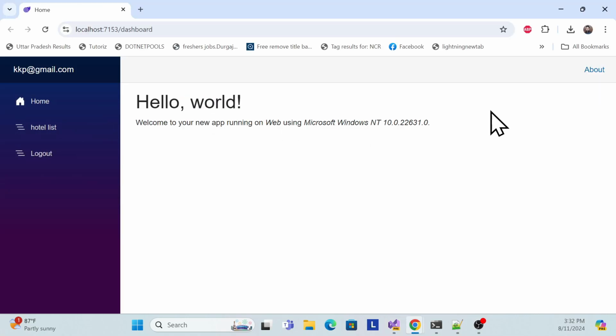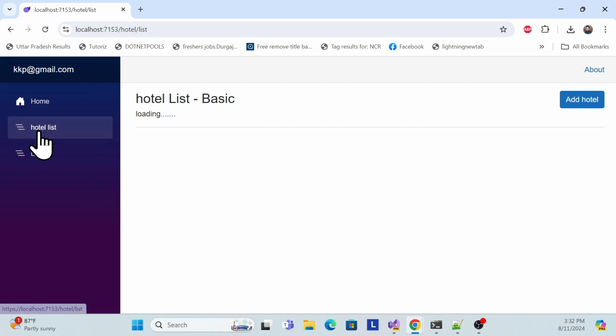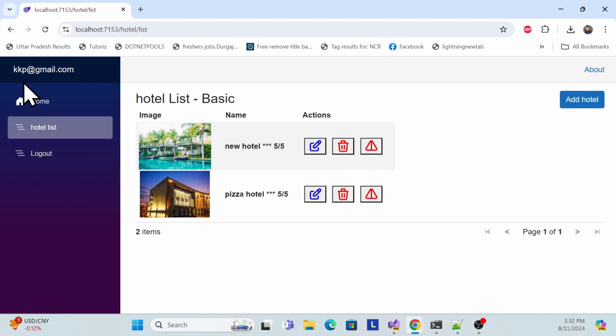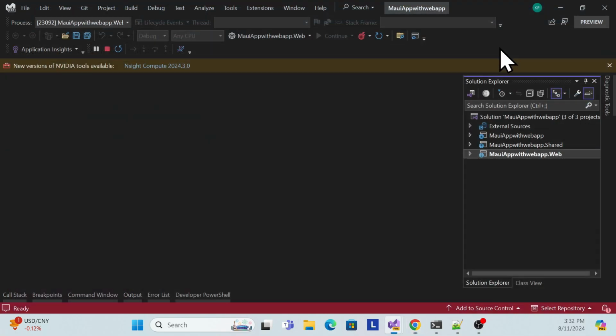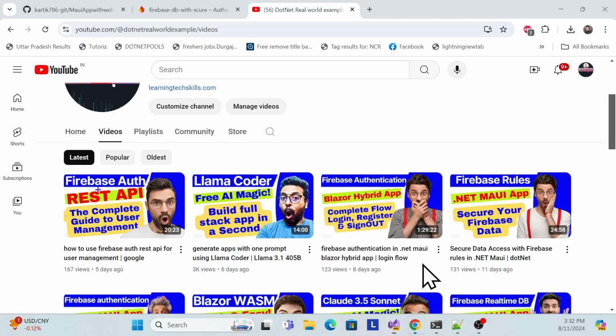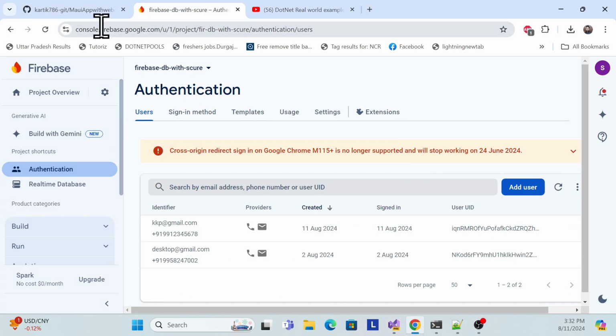Now see, we already have a token, so it is already logged in, right? Along with the username, and I can see only the hotel list, but there is no user management system over here. We will implement that, don't worry about it. So first of all, what I need to do for that, let me close that. You have to log in to your console